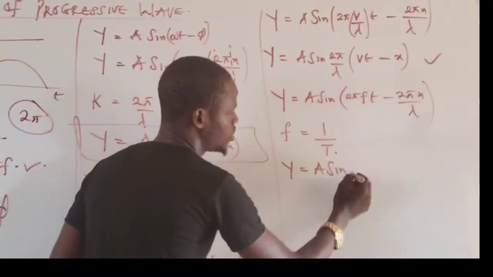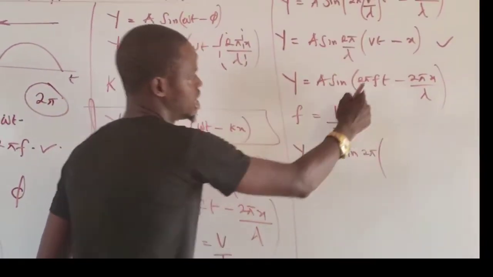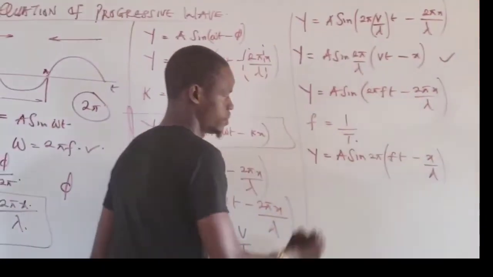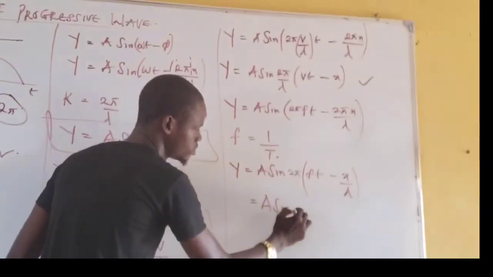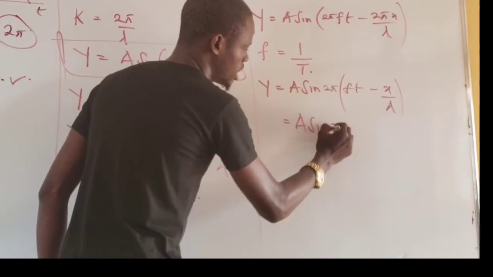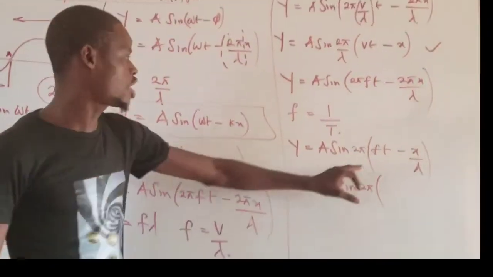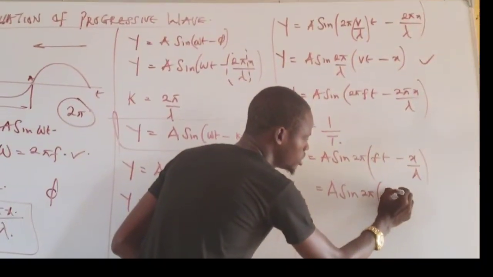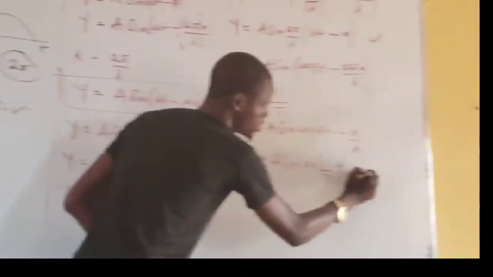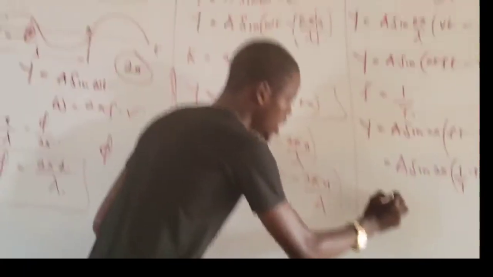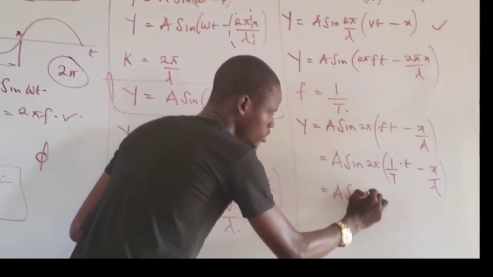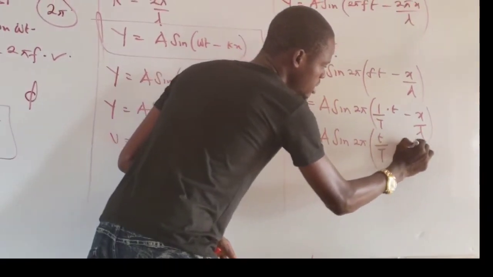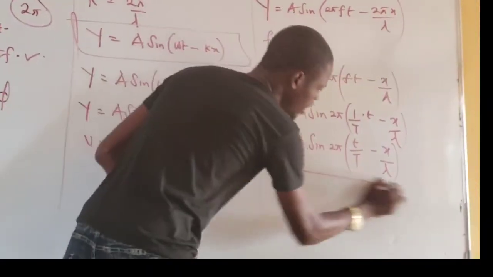Now, 2 pi is common here. We can easily remove the 2 pi out. I'll be left with f times time minus x over wavelength, whereby I'll have a sine 2 pi brackets, and instead of frequency I can easily put 1 over period, that is 1 over T, don't forget times time, minus x over wavelength. Now, I'll have y equals a sine 2 pi into bracket t over T minus x over lambda. This is another form of the